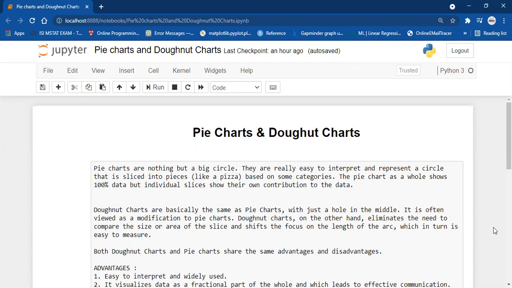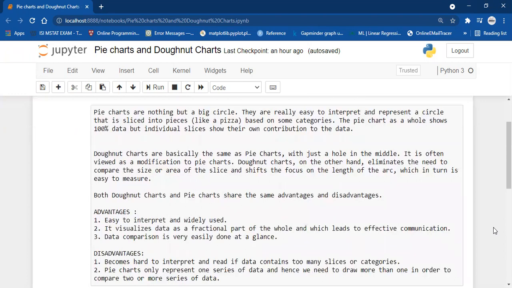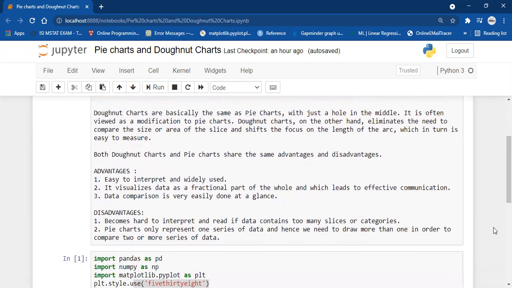And then moving ahead, we will be discussing what donut charts are. Donut charts are basically the same as pie charts, just a modification to the pie chart with a hole in the middle. They also eliminate the need of studying the whole area of the pie chart, and they let us focus on just a small portion. And that's why the reading ability of donut charts is greater as compared to pie charts. Though they are very different in some ways and very similar in others, the advantages and disadvantages of pie charts are pretty much the same.